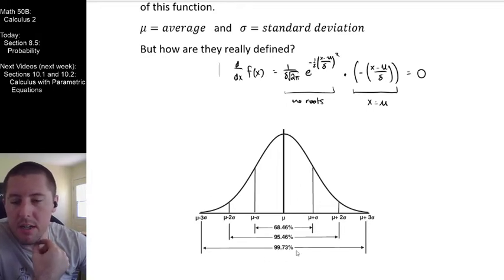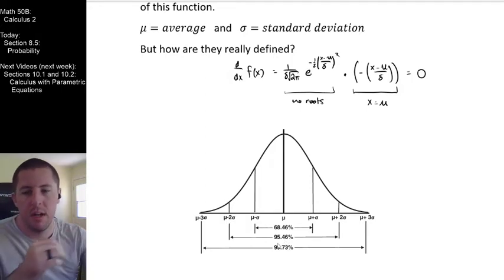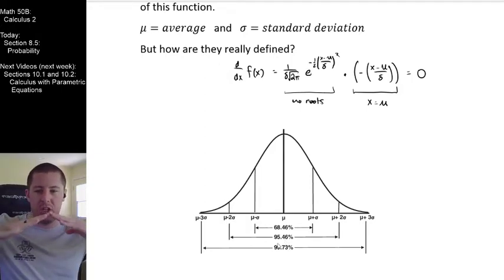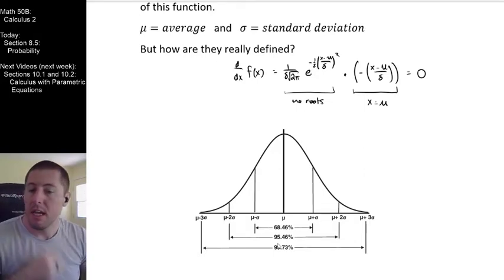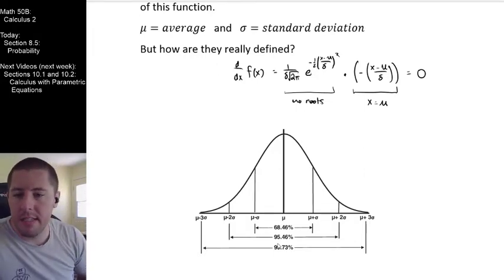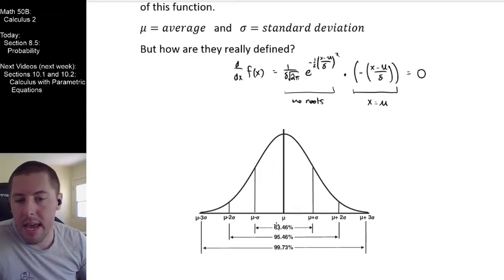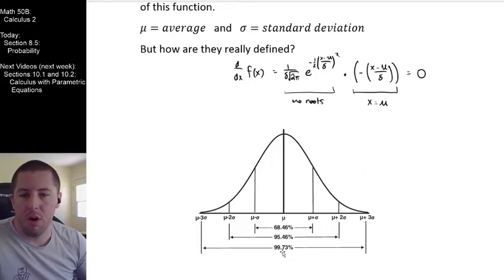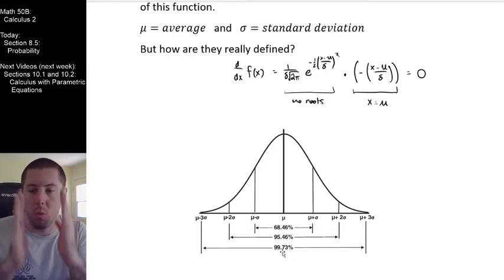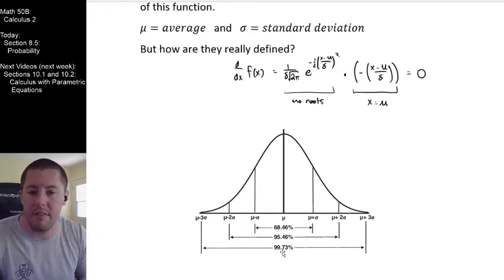Down here, you can see they're giving us our estimated probabilities for any normal distribution, whether we have a huge standard deviation or a tiny standard deviation, or whether our average is over here or over here. It's always going to be the case that we're going to see in stats, this is referred to as the 68, 95, 99.7 rule. It's the empirical rule. And this is our way to estimate what probability of events fall within 1, 2, or 3 standard deviations from average.